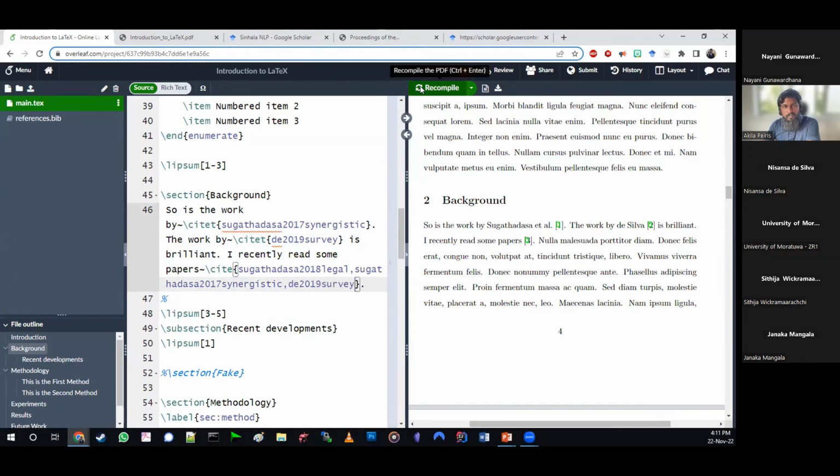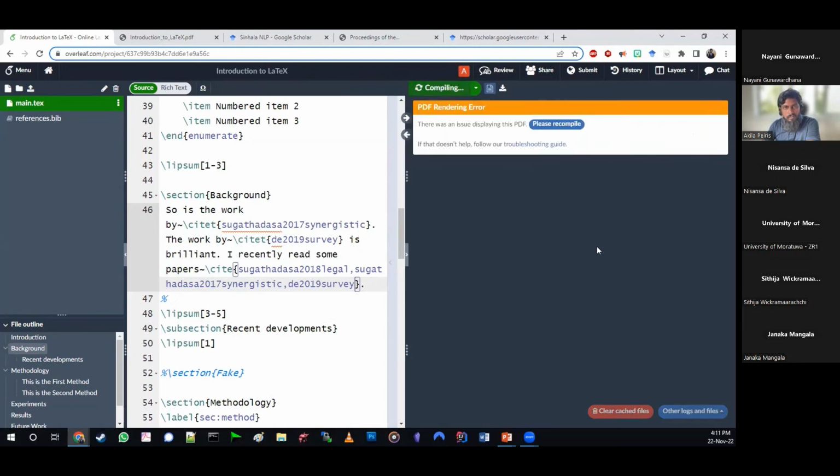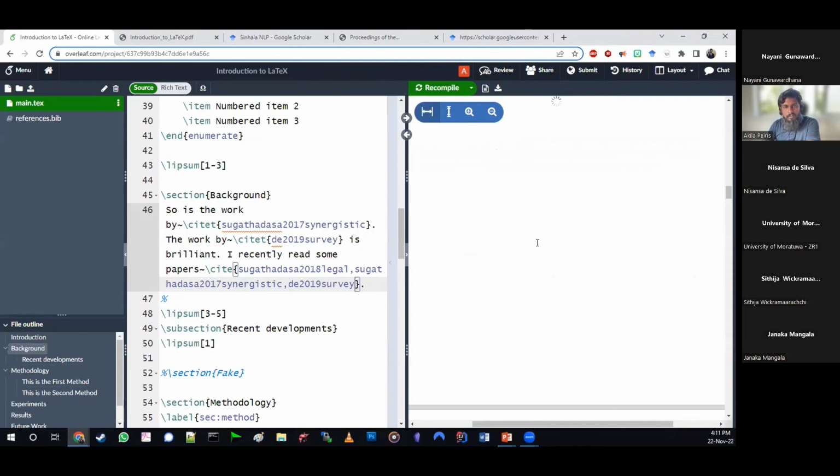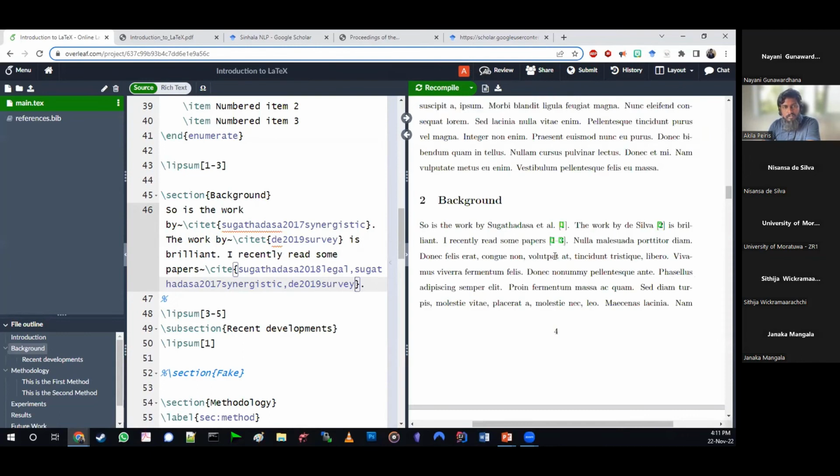If you have multiple papers, you shorten them. Mr. Akila, did you? Yes. Okay, brilliant. So you shorten them to say 1 to 3 instead of saying 1, 2, 3. You can do it that way as well. So how did that happen? That happened because I gave this command, sort and compress.